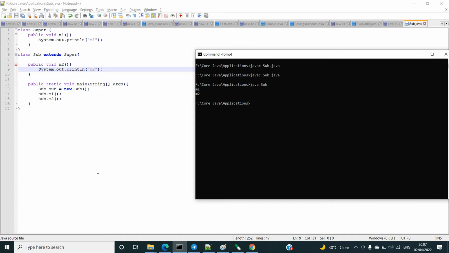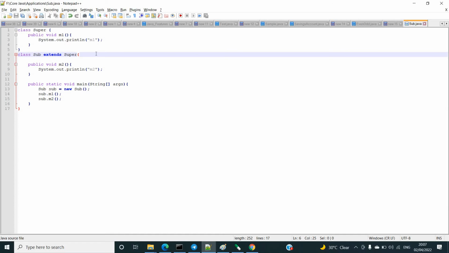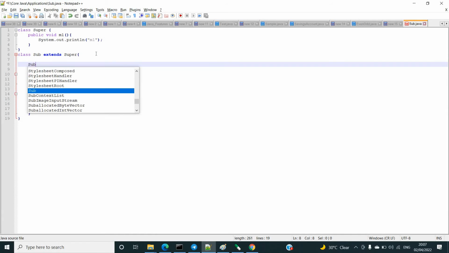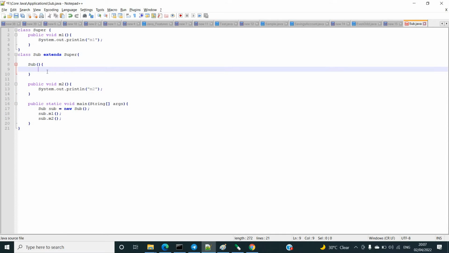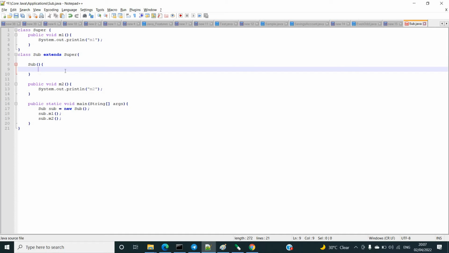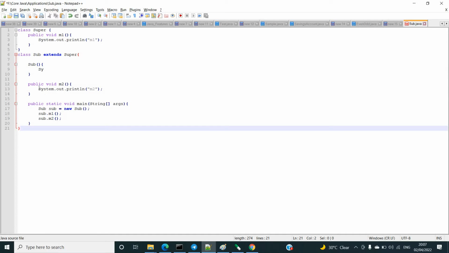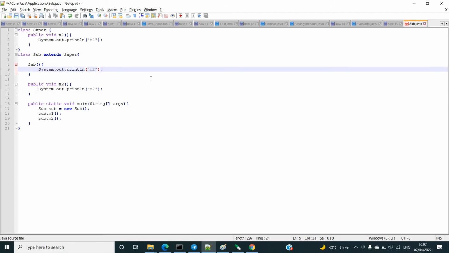M1, M2. Fine. Okay. Now, let's jump into something interesting. I am now writing my own constructor. Then I will write here. I'll just copy paste, it will be better. I'll write here